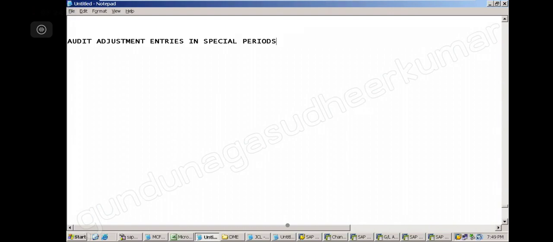So when our books of accounts are getting audited, there are some adjustments they are asking for, right? This needs to be done, otherwise they are not going to sign the accounts, correct? Yes, true and fair view, they are not going to sign. So these audit adjustment entries are posted in the special periods only. Now the question is, in the special period, suppose my financial year is